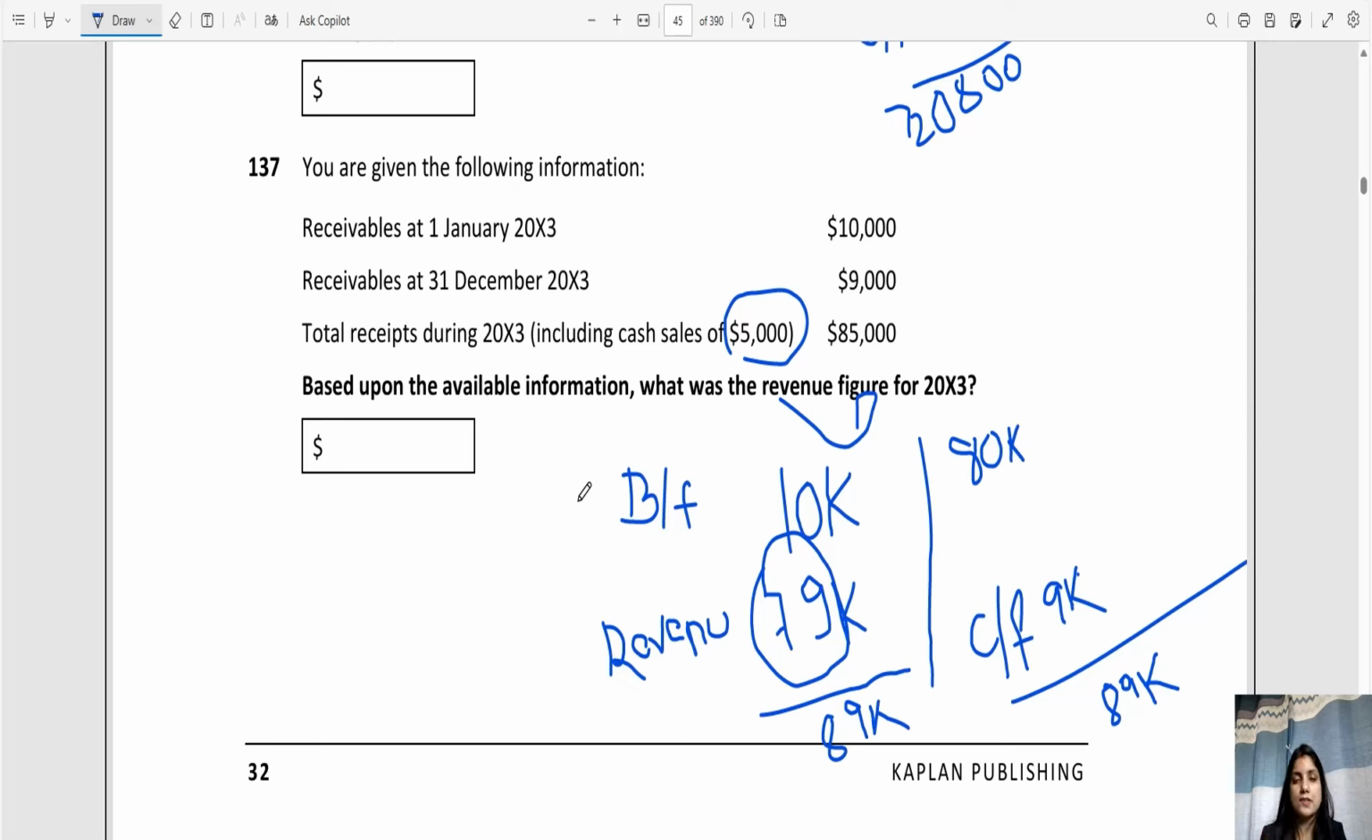I know most of the students, when they get this figure from the receivable balance, simply put this as the answer and move on, and they won't get the marks. So that's why it's very important to read the question again and again, and see what the question is asking. Okay, next question we have